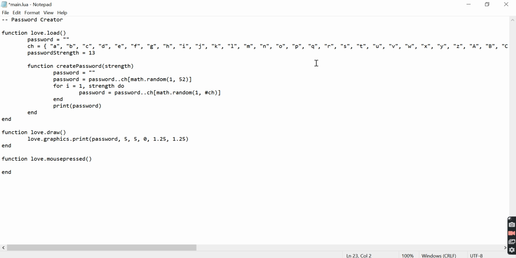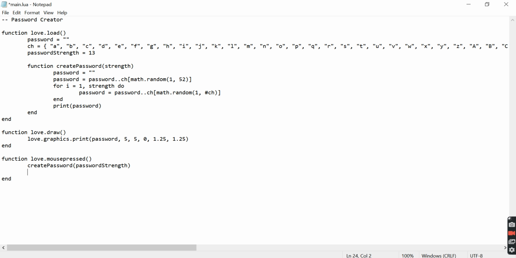So let's do like if mouse pressed, if any mouse key is down, it's 10 minutes now. So let's create password. In the brackets we will write password strength